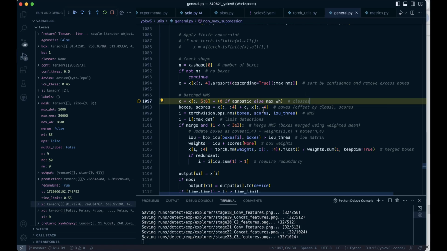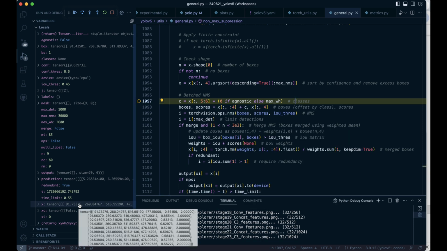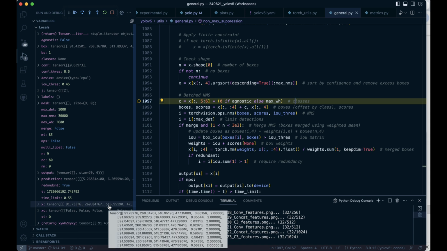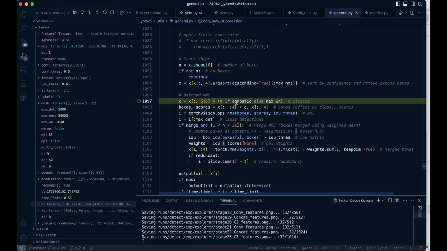Now we're getting very close to feed this information into the non-max suppression algorithm. But before we do that, we have this C variable here. So we know that X, which is right here as well, we know that the last index contained the value of the class, in our case, 2 in floating point. So if agnostic was true, then basically we would multiply 2 times 0, then that 0 wouldn't do anything. But given that we have false, we're going to multiply our value of 2 for the class times this variable